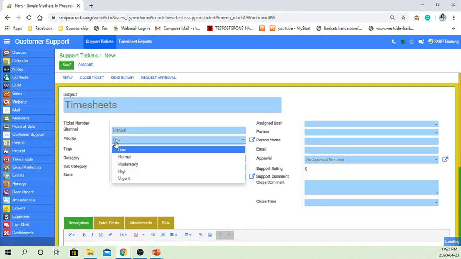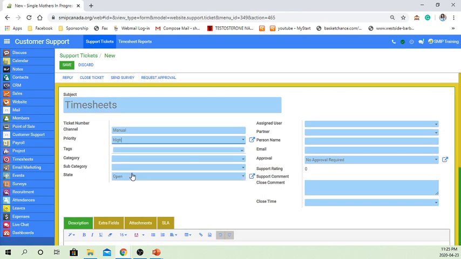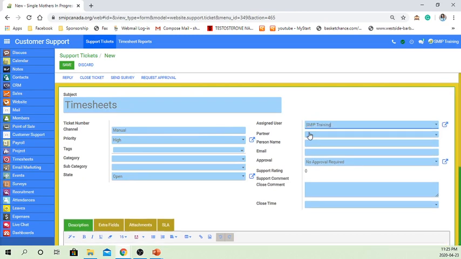You will then put how important it is. This is mighty important. We need to be able to keep track of your hours, so I'm going to put high. The assigned user would be me because that's who's putting in the ticket. The partner,